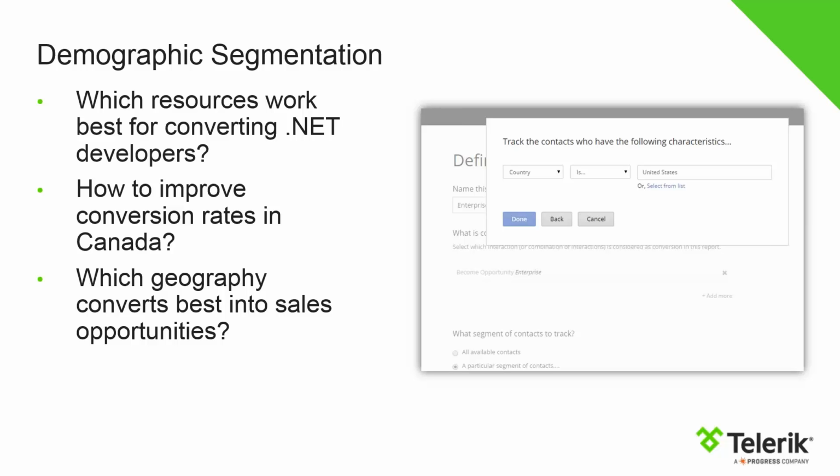So what we've added is not only the ability to take a look at all this information, but also segment it more intelligently. We've enabled the system to do demographic segmentation. And what that means is you could say, this is great that all these people are surfing my website, all these people are getting emails, but I'm only interested in the people in California. Or I'm only interested in people that are .NET developers. Or I'm only interested in people that are in the regions where I've got salespeople. So you can start segmenting down the information you're getting so you can start attacking those particular demographics more efficiently